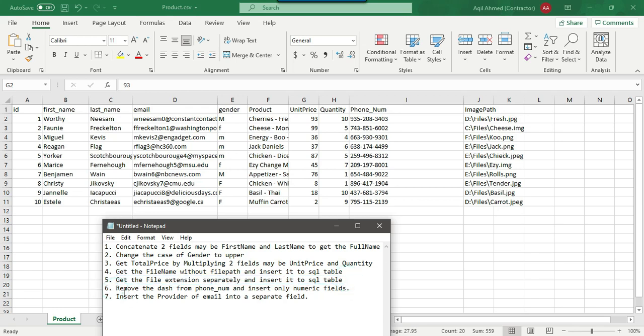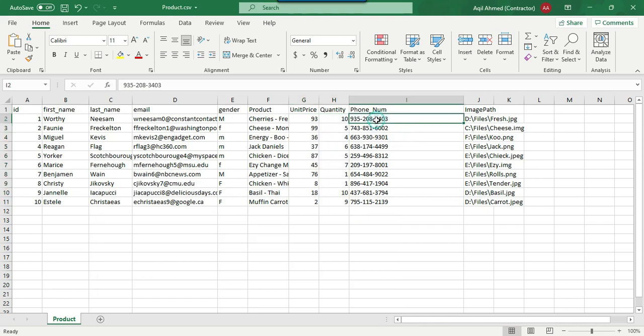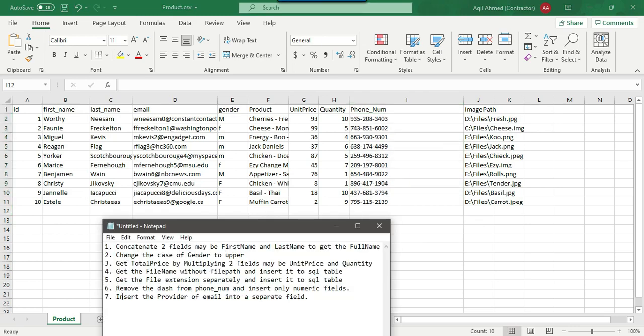Now the sixth point is to remove the dash from the phone number and insert only numeric fields. In the phone numbers we have some dashes in between, so we want to remove all the dashes and insert just the numeric values into the SQL Server table. Now the seventh point is to insert the provider of the email into a separate field.